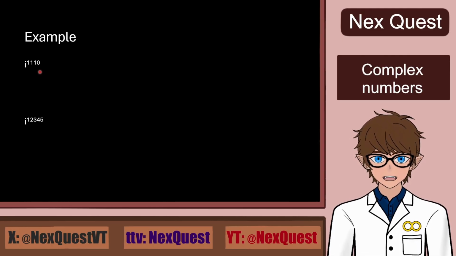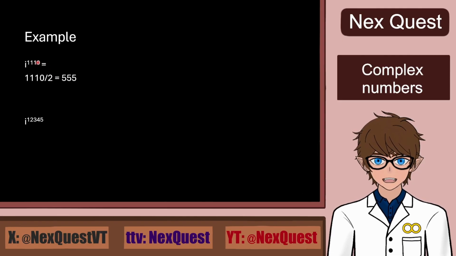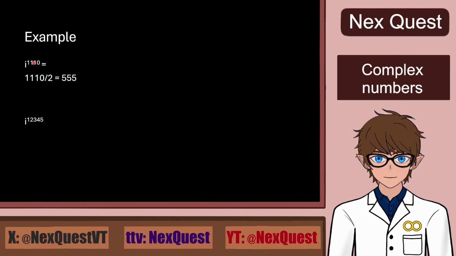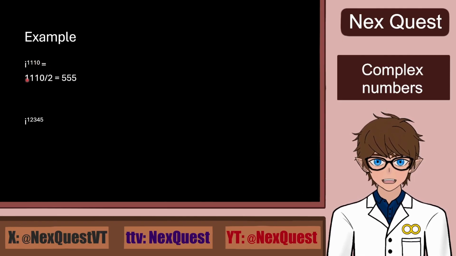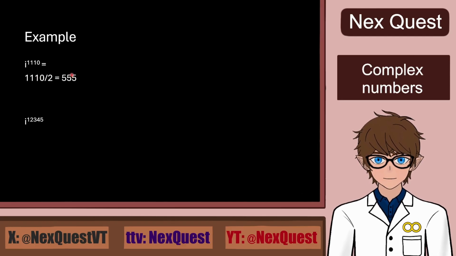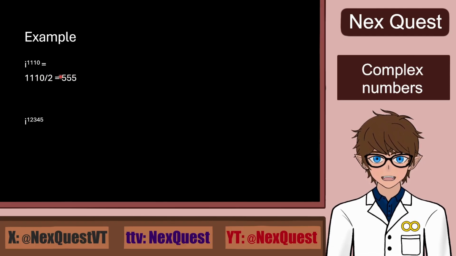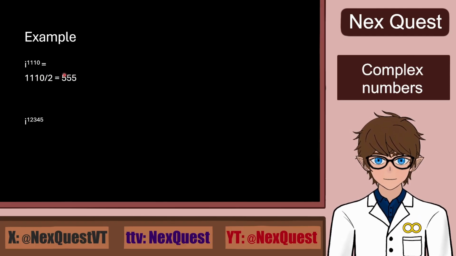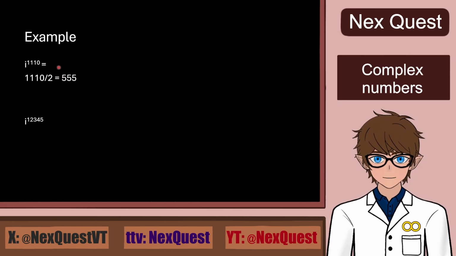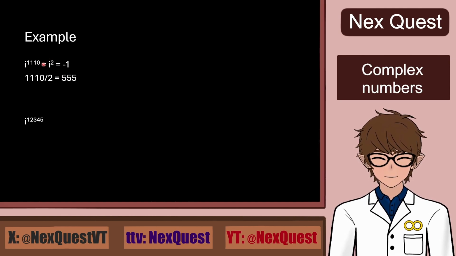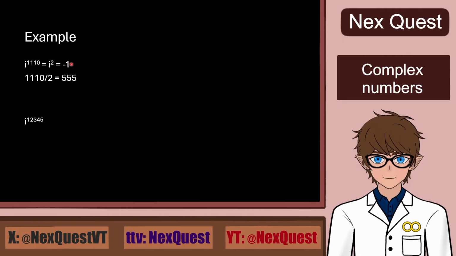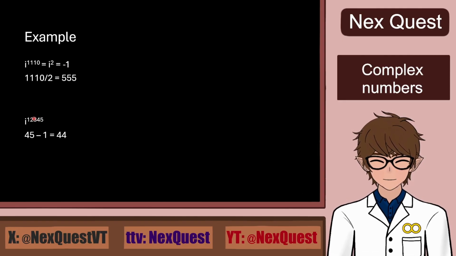So let's get started. So we see 1110 is an even number. So I'll immediately divide by 2. And we get an odd number, meaning that this one is very easy. It is the same as i to the power of 2, since you can only divide by 2 and not by 4. So i to the power of 2 is minus 1. Next we have x being